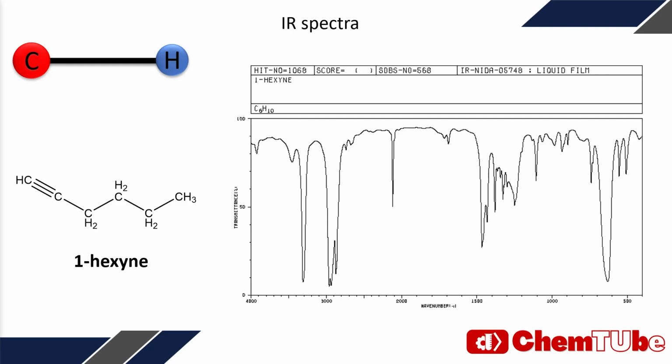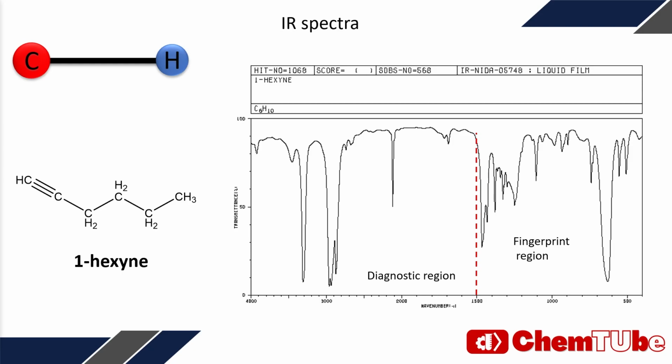Let's now take a look at the IR spectra of 1-hexene. On the x-axis we have the wave number, and on the y-axis we have transmittance, so the percent of light that reached the detector. We can divide the spectra into two halves, the fingerprint region and the diagnostic region. The fingerprint region is unique to each molecule but is quite complex and is out of scope for this video, so we focus on the diagnostic region, where there are mainly stretching vibrations of typical bonds. Here we see a few very specific peaks.